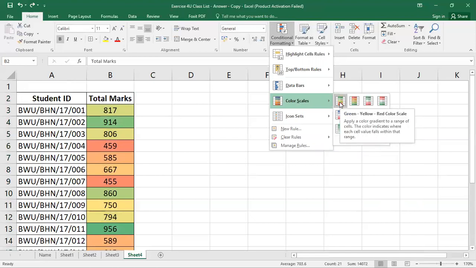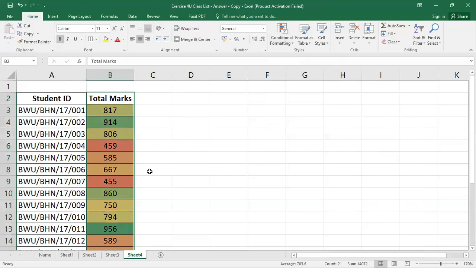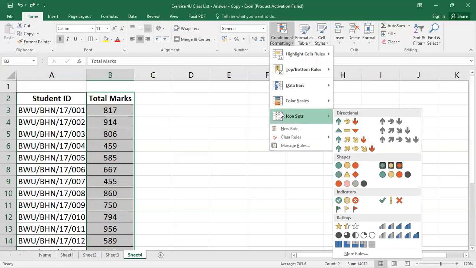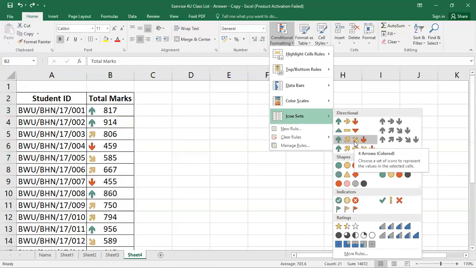The highest number gets green, then light green, then yellow. So these are the color scales, but here we will show you the numbers. Look here, who is the highest or who is the lowest.